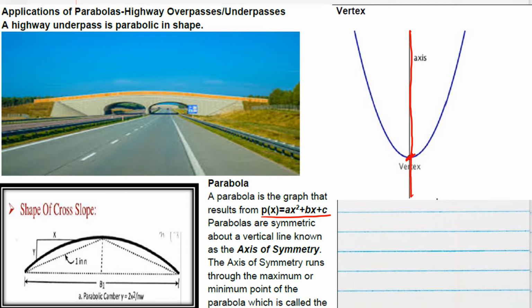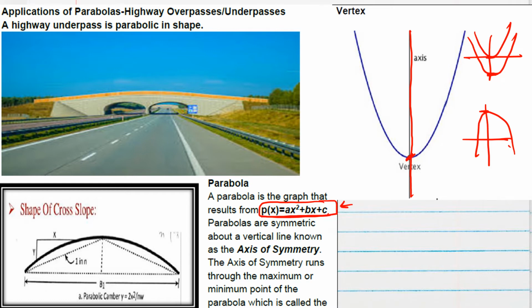Okay, if the parabola is like this, then this will be your maximum point. If the parabola is like this, that will be the minimum point. Sometimes it can be like this also. So this vertex will be the minimum point. So we don't bother about that. Only we need to think with this expression only. That is our quadratic polynomial. Now we'll come to the question.